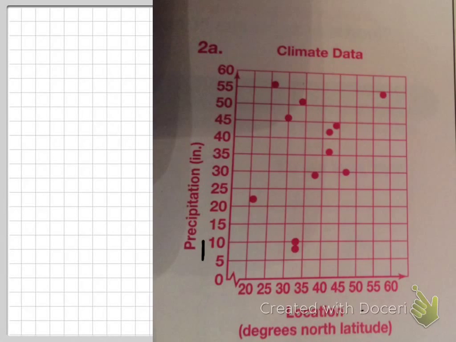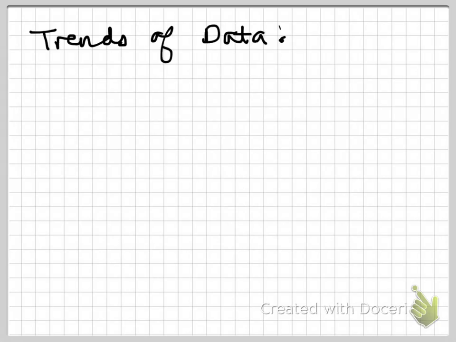So I'm going to give you now 3 ways to describe the trends that we see. Trends of data. There's what we call